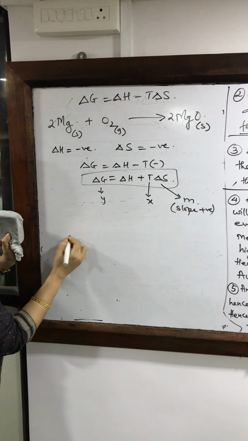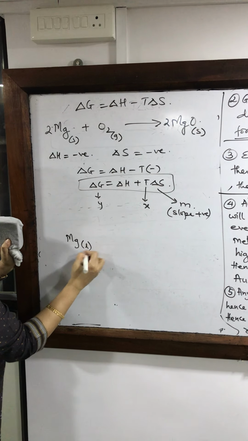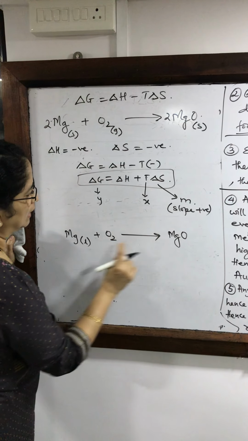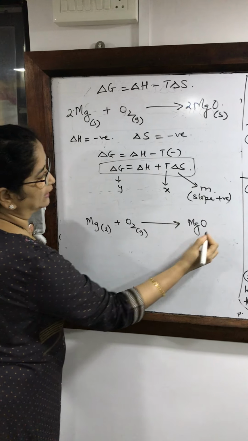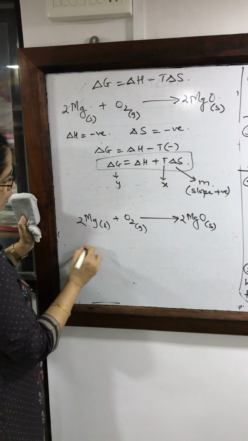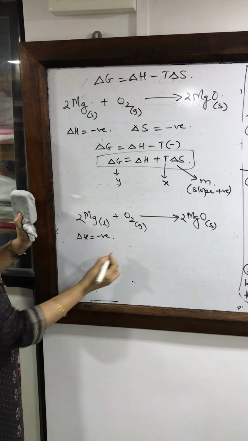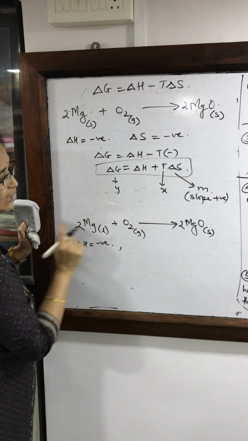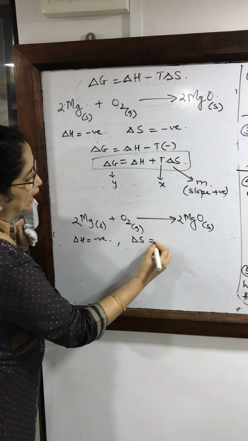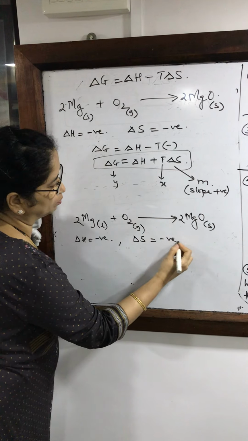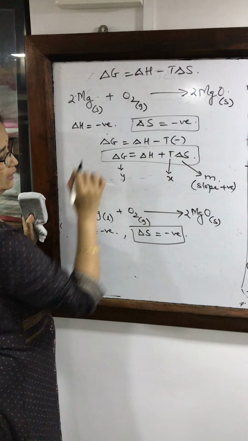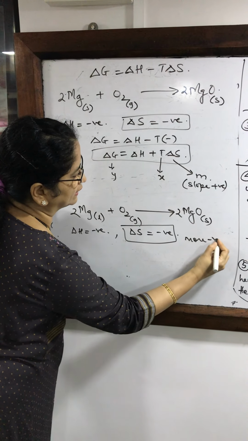Now in case the metal melts, in case of magnesium at a certain temperature it has melted, then the melted magnesium will react with oxygen and it will form metal oxide. I balance it again. Here you will see this is also an exothermic process. You will notice now there are 3 moles of gaseous reactants giving 2 moles of solid. That means in this case the entropy is becoming less. So delta S is negative.